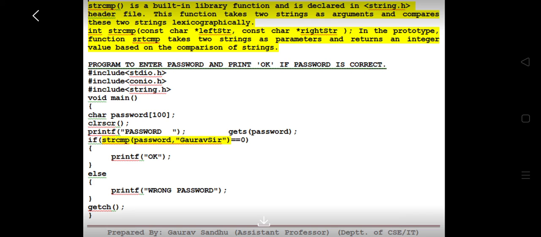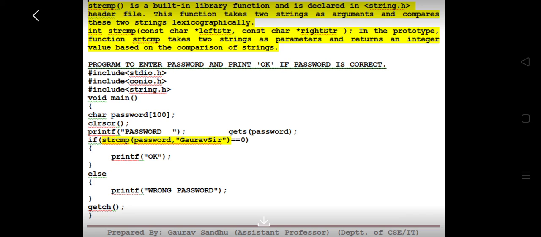So this means that on the left hand side, the data stored inside password is considered, and on the right hand side, the word Gaurav sir is considered. So again, when matching characters, the left string means whatever is stored inside password, and the right string means whatever is stored inside Gaurav sir.